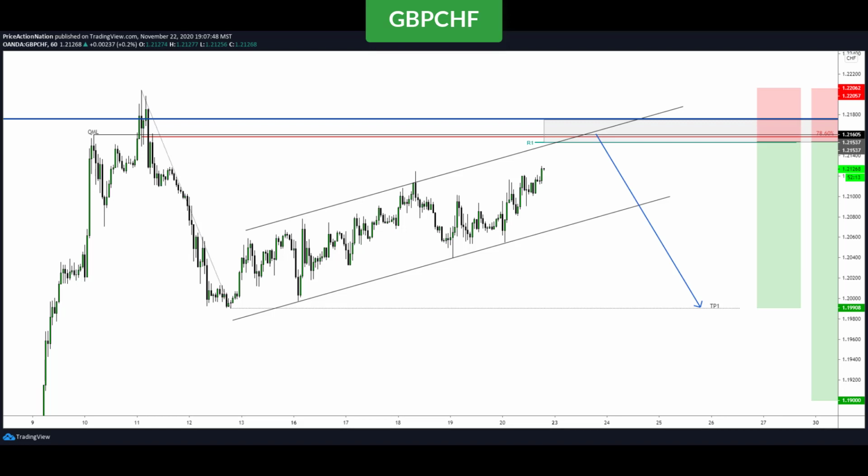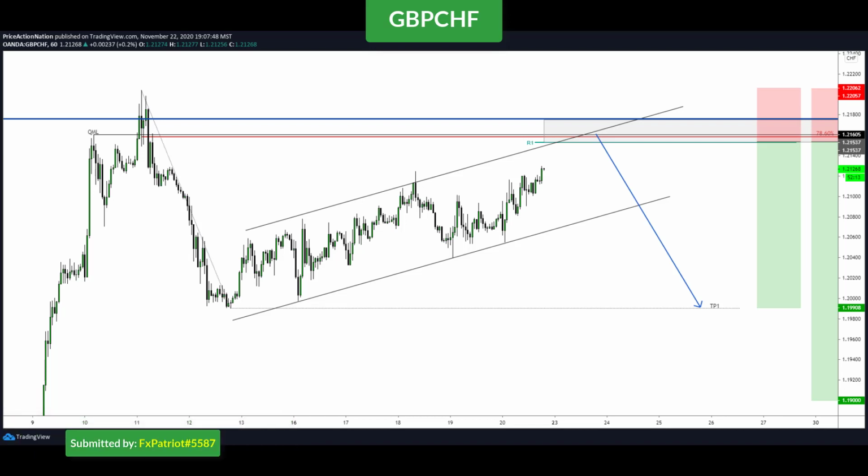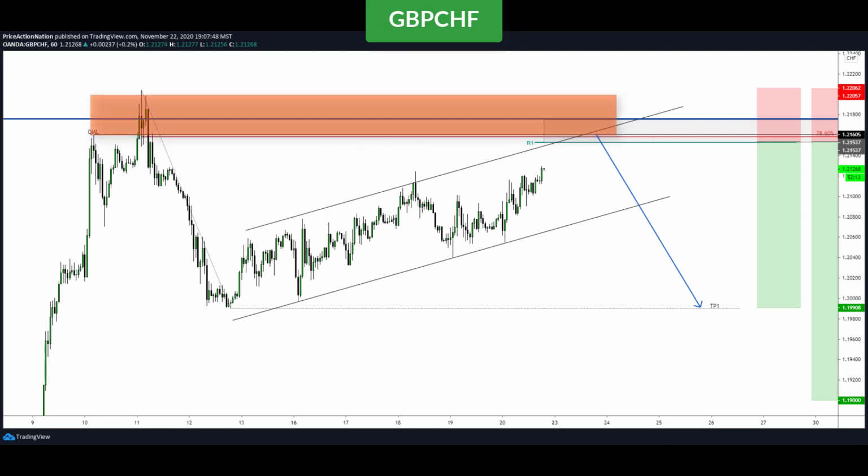And I'm going to start off with pound Swiss franc submitted by FXCM. Now we're on the 1 hour time frame here, and he's looking for a bit of a short once the market gets back to this QML level. You can also see this nice little bit of a flip zone area where the market had the consolidation and broke down. So ideally, once we get back to that level, we'll find the short, and we will ideally, hopefully,